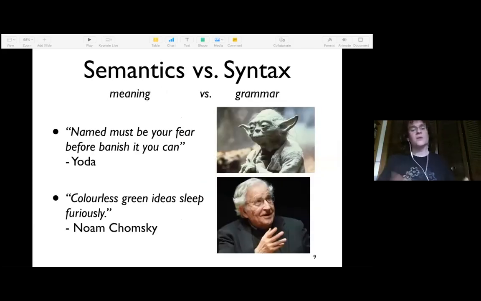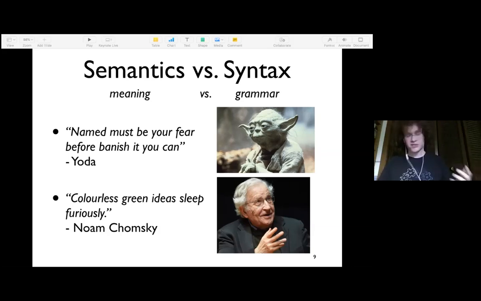So today I'm going to be focusing on the semantics versus syntax distinction. Semantics is what a word means, or what a phrase or sentence or any amount of language means. Syntax is about how you construct language according to the rules of the particular language. So,